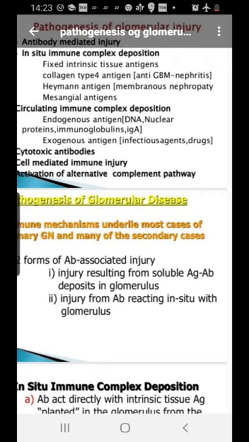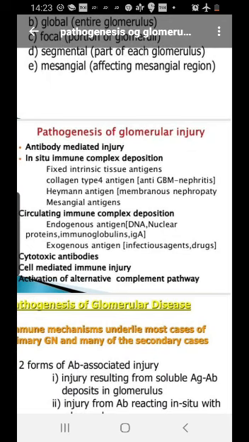Okay, so let's talk about, in the above slide, what are the different types of in situ immune complex formation and the circulating immune complex formations. In situ means there's a fixed antigen inside the tissue. I have told you before also, like in the second sentence you can see there's a collagen type 4 antigen inside the basement membrane, to which the antibody gets activated and results in